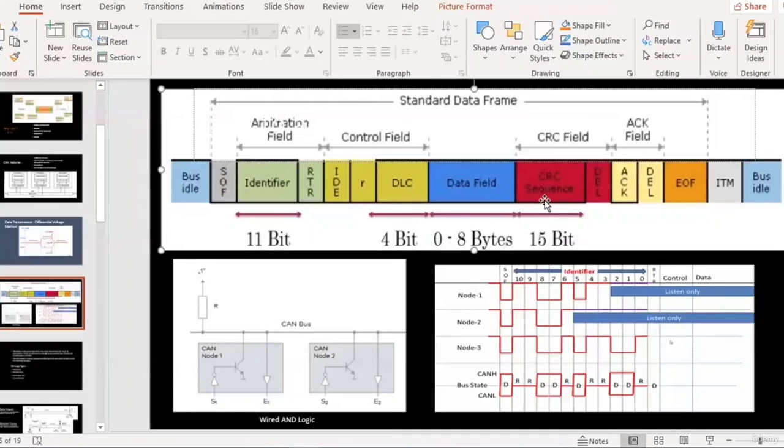Let's suppose there is a transmission of data from the sender to the receiver. Okay, and let's assume that the sender is sending 10 and the receiver is not receiving 10, but the receiving node is receiving 11.